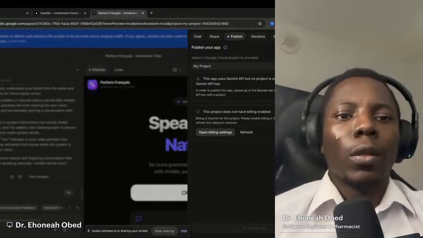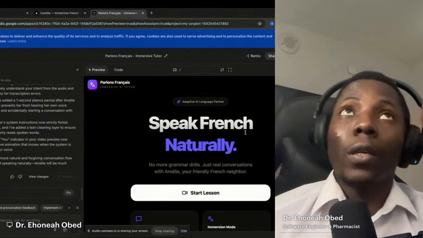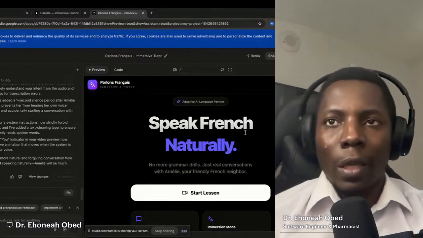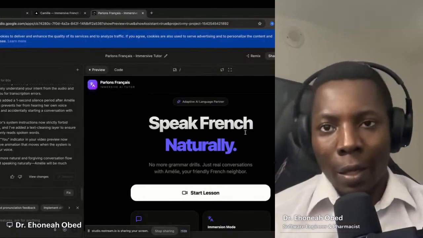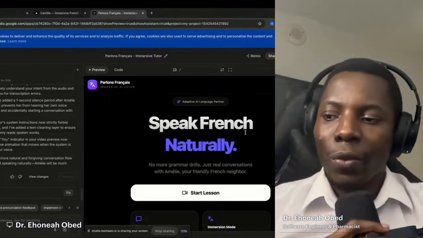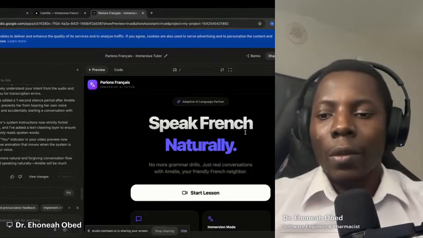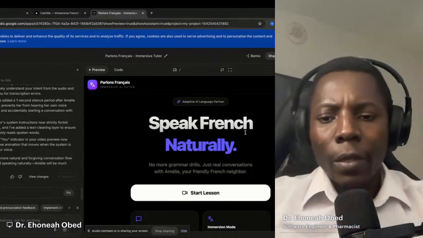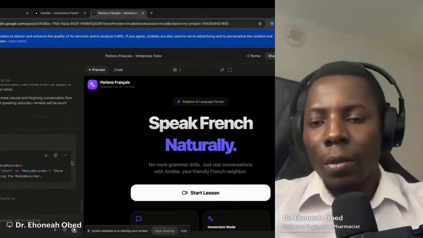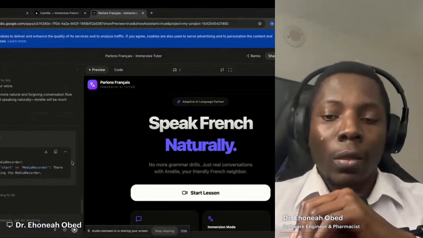Okay. So it means if you want to publish it, you have to create a project and set billing. Setting a billing account basically means you have to add a card to AI Studio. And the reason I'm saying no, because I don't want to add a card to my AI Studio now, is I don't know what happened, but someone got access to an API key from my account and only God knows.